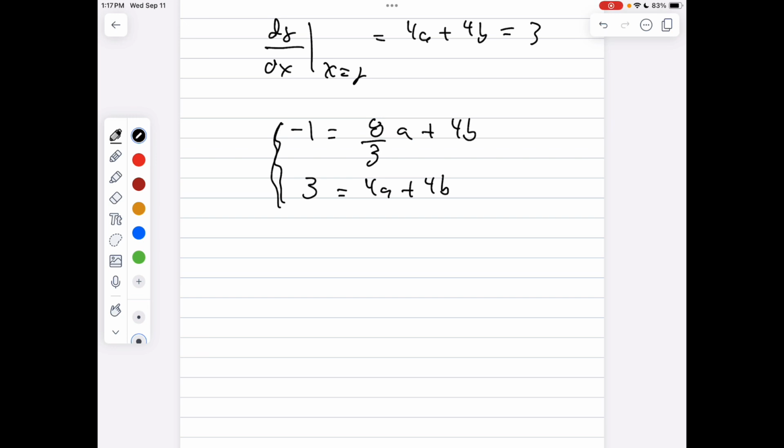So you have a system of two equations for which we need to solve. And how do we go about doing this? Well, what you can do is multiply an equation by a constant and then add it to the other one. So I'm using the elimination method here. I'm going to take the first equation, multiply that by -1,